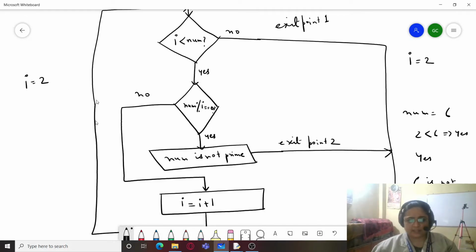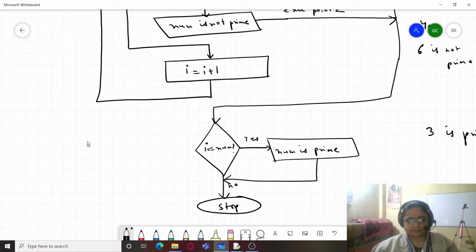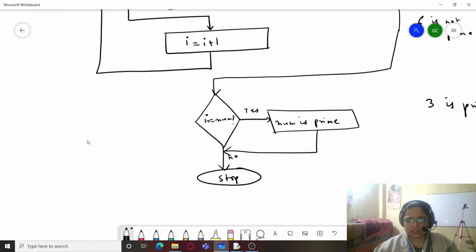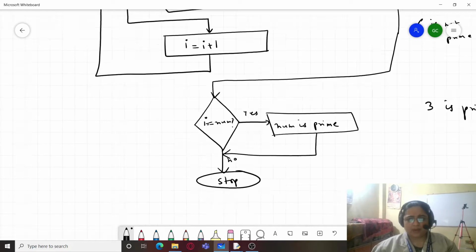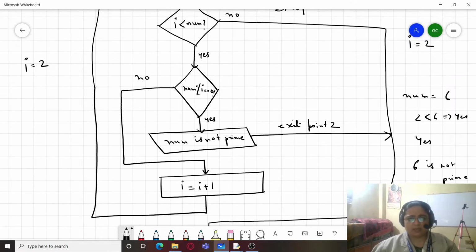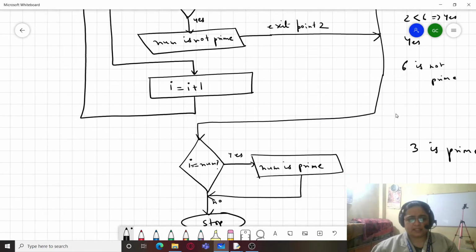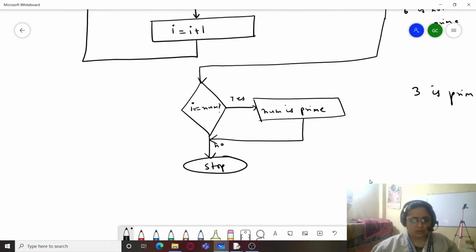It will follow exit point 2 and reach this condition, which will still be checked. So you can see that the value of I is 2 and num is 6. Both are not equal, so we will simply be going to no, that is stop.